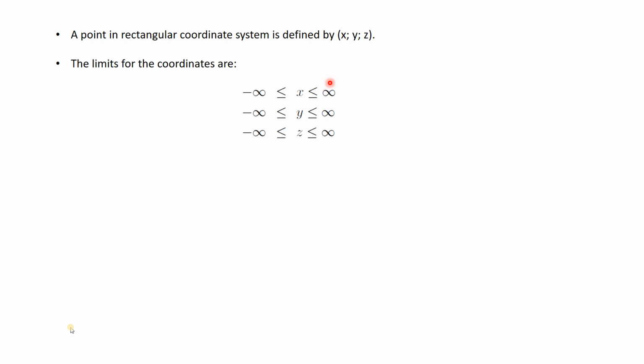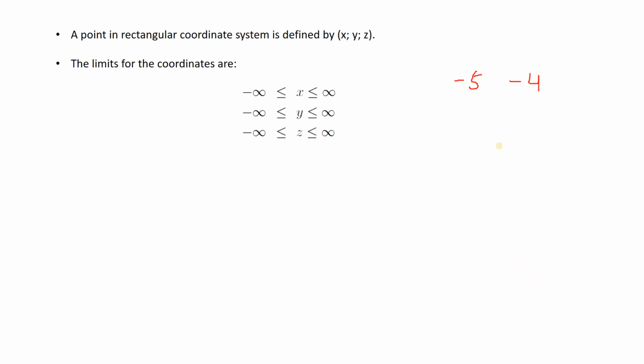The limits for the coordinates are here. It is written, it is equal to and greater than sign. Sir, is the equal to sign right here? Equal to sign is right here. No, because see, it is written here equal to and greater than. What does it mean? Equal to and greater than means that see, minus 5